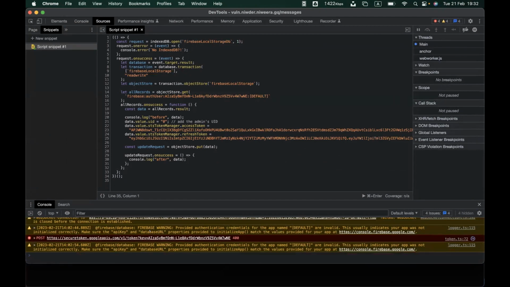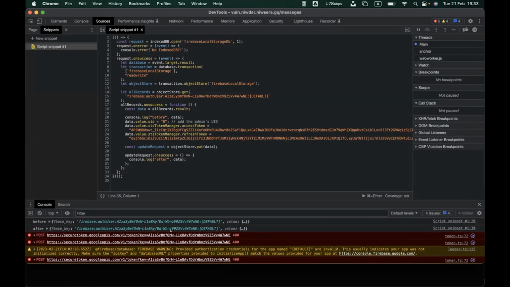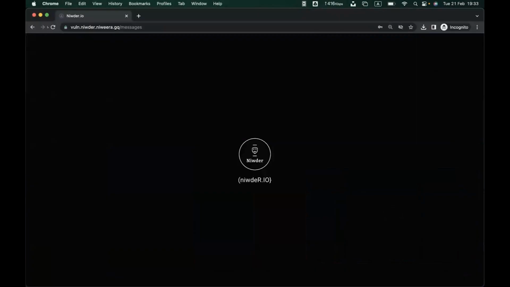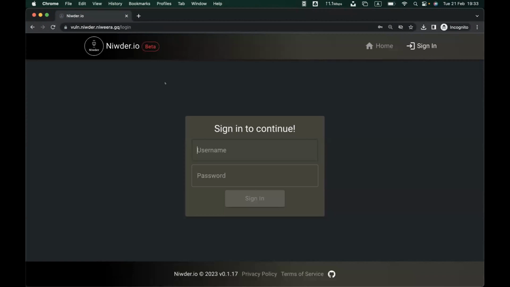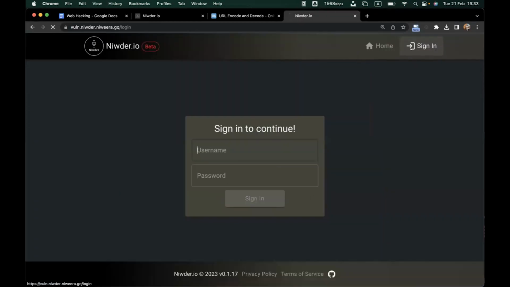Yeah. I think there is some kind of issue here, but the idea is that, let's try to do it again. I think the problem is when you are using the incognito, there are some kind of issues doing that. So I will try to use this. Let's try. Hopefully it will work.